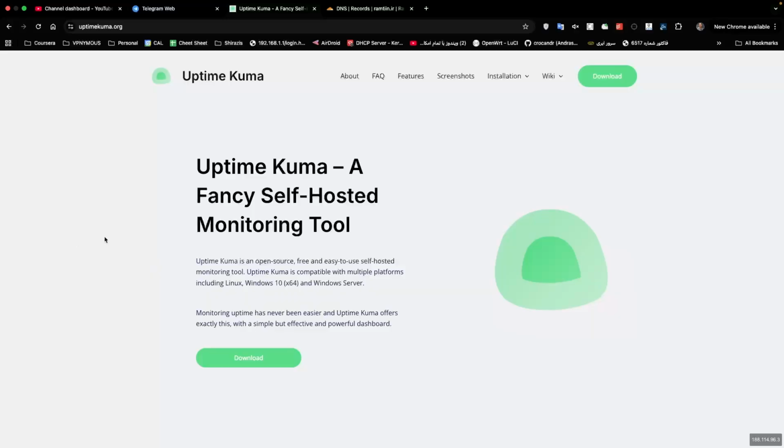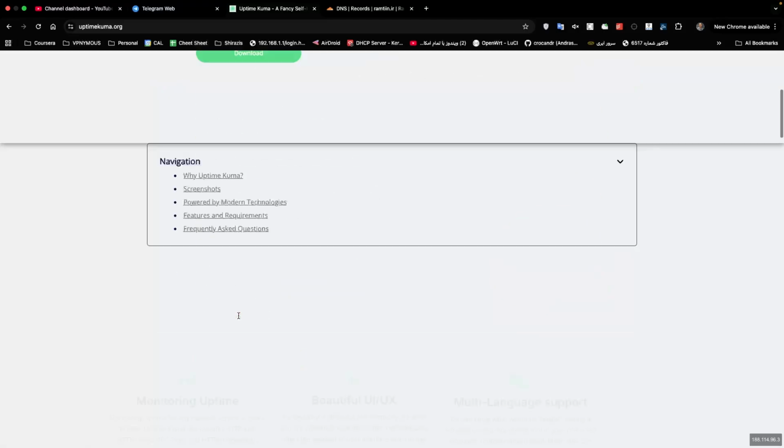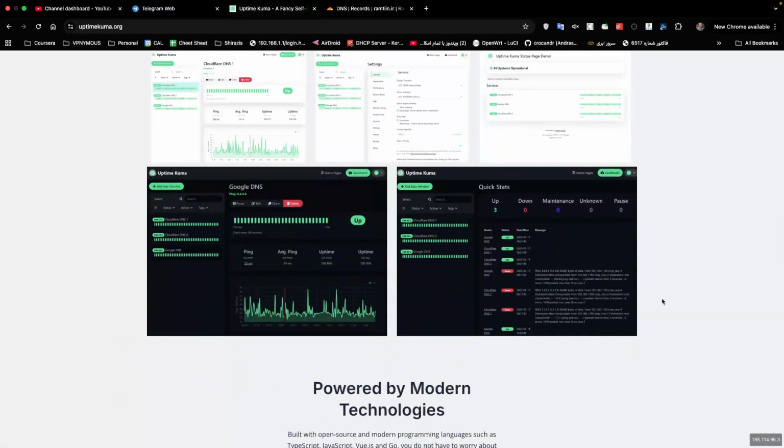Let's dive in. So first of all, let's take a quick look at Uptime Kuma website, which is an open source, free, and easy to use self-hosted monitoring tool. And it is compatible with multiple platforms including Linux and Windows. There is also a Docker image available for Uptime Kuma, and we can easily run Uptime Kuma container on our MikroTik router. Uptime Kuma integrates easily with a lot of messaging and notification services, so it can notify us whenever something is down in our network. Okay, here you can see some screenshots from its dashboard, and we will take a look after we run it